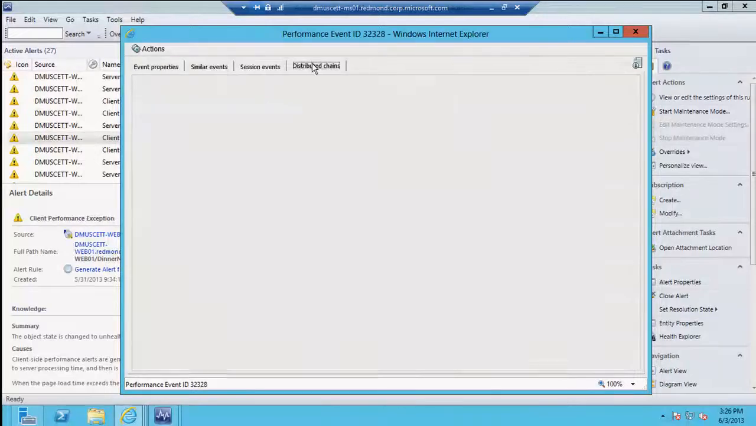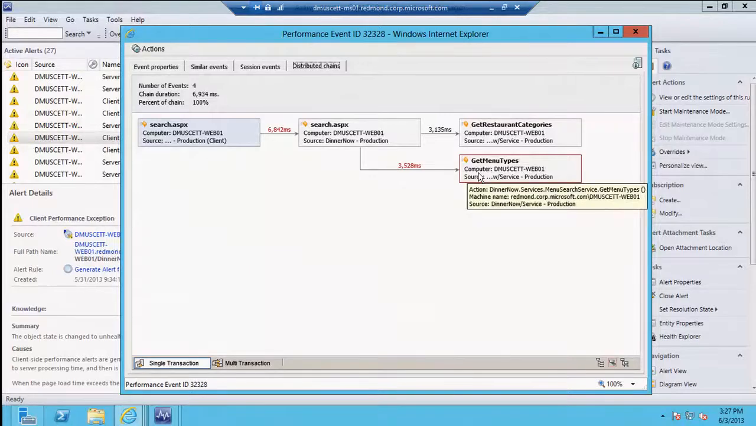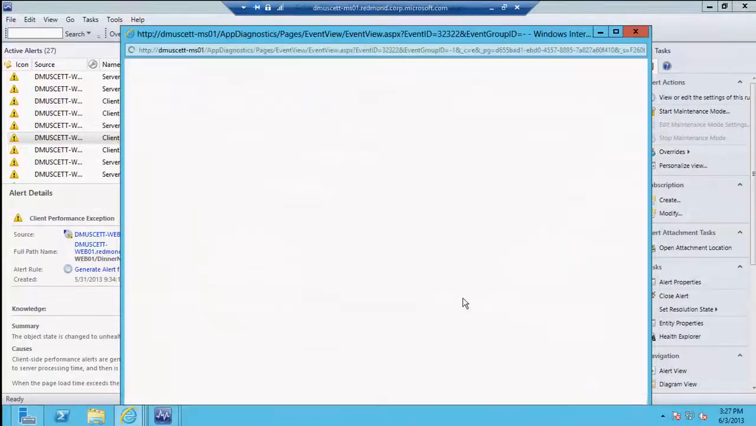Okay, so going deeper, I'm going to look into what call was made from search. I can see that it was trying to get restaurants and it was trying to get menu types. Highlighted in red is get menu types. So it looks like something is wrong when I'm trying to get the menus available for my particular cuisine. So going further in for that particular performance exception,